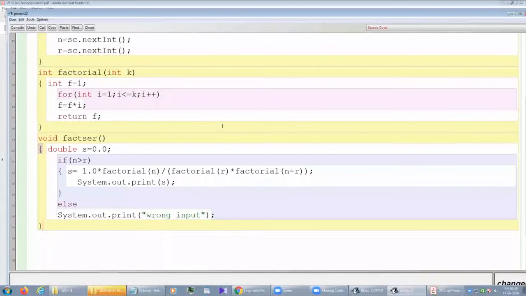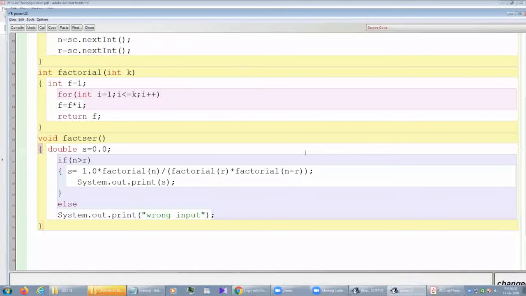Now what is the need of this wrong input part? Because, as we all know, factorial of a negative number is not possible, and in the denominator you can see factorial of n minus r. If the value of r is more than n, like n is 2 and r is 4, then minus 2 will come, and we are unable to give the result of a factorial of a negative number.